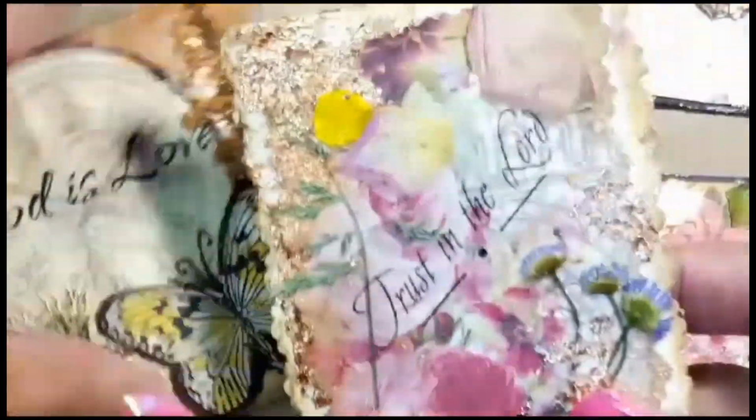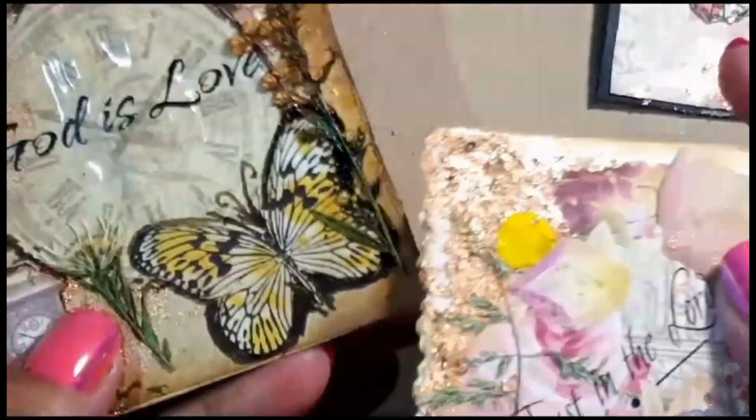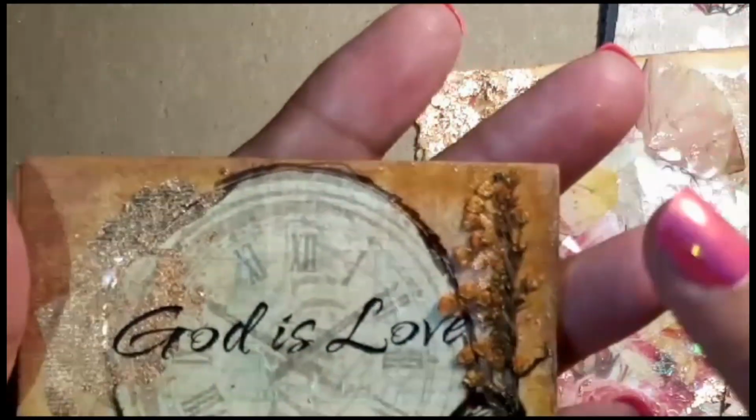And I don't know if I'm finished with these. I don't know if I'm going to add more embellishments, but I wanted to keep them kind of thin because that's one of the things Maddie had mentioned, was not getting them too bulky to go in the books. But I do believe with these fresh pressed flower ones,